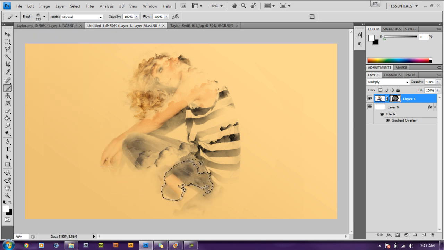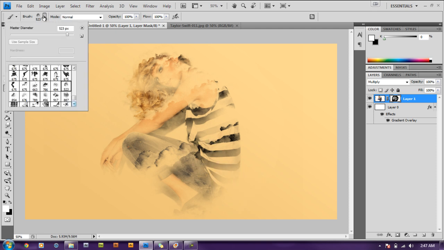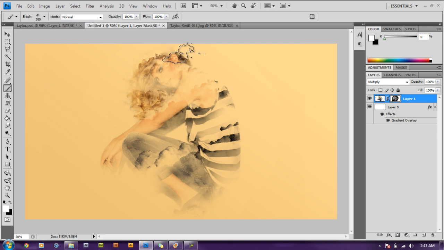So we're almost there. We can leave this right there for now. You can go ahead and add a lot more. Just make sure that the clouds look separated and not too much together. So now we have that. All we need to do now